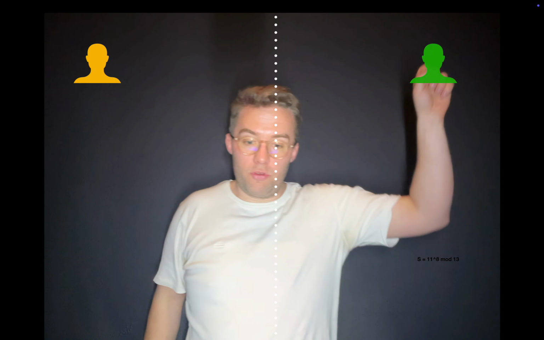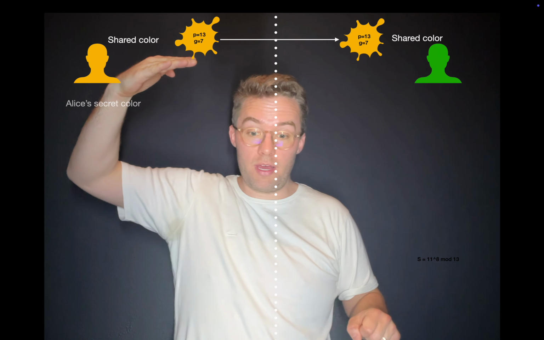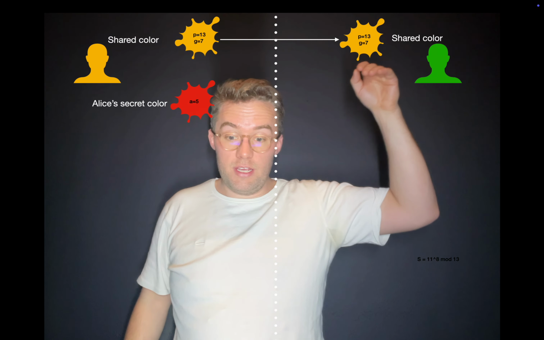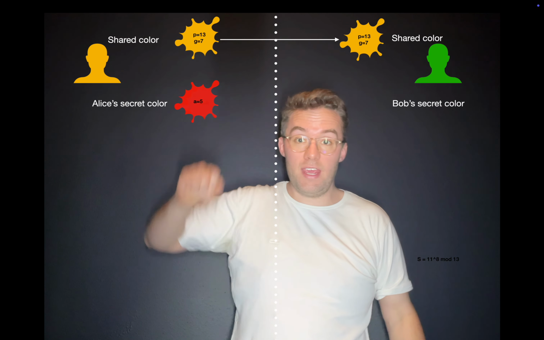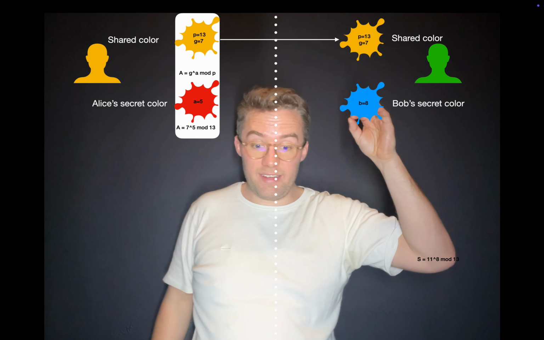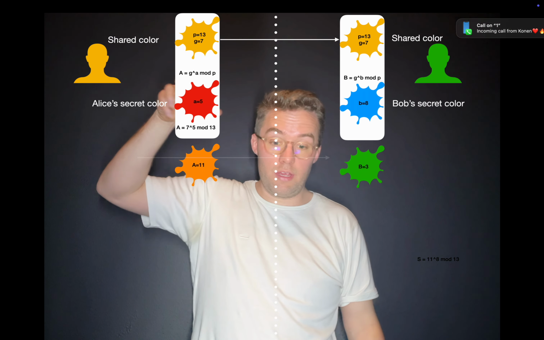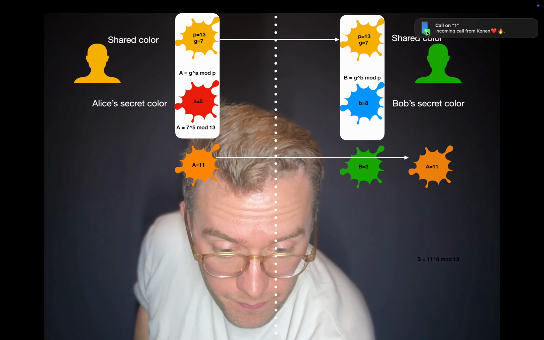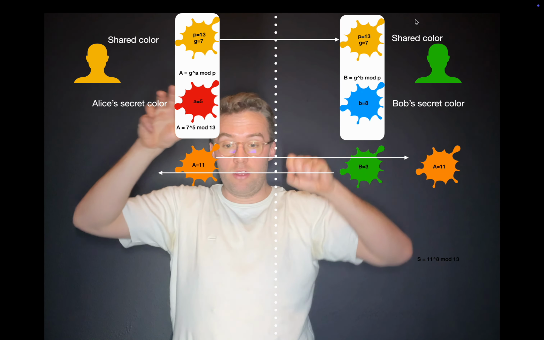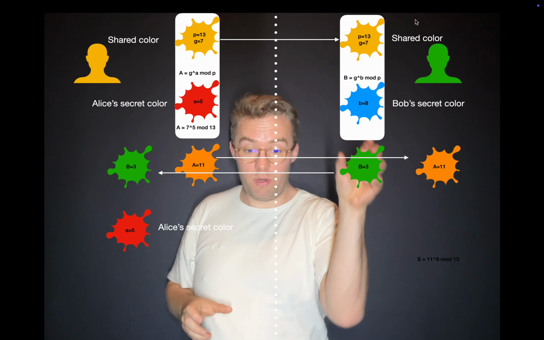So let's go into a little bit of math here, because everything in cryptology is math. So we still have Alice, we still have Bob, we have a shared color here, P, a prime number, and G, and Alice's secret color is A, equals 5, 13, 17, 8. Bob selects his secret 8. Then they use this formula, A equals G to the power of a mod P, on both sides to get A for Alice and B for Bob, and then they get number 3 here when he does that, and she